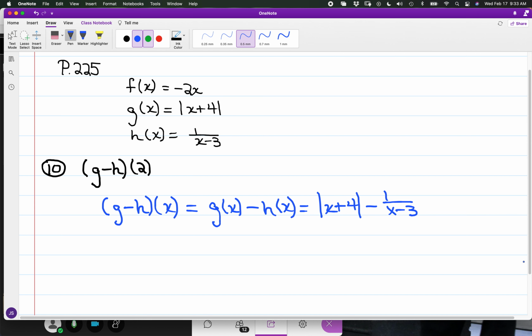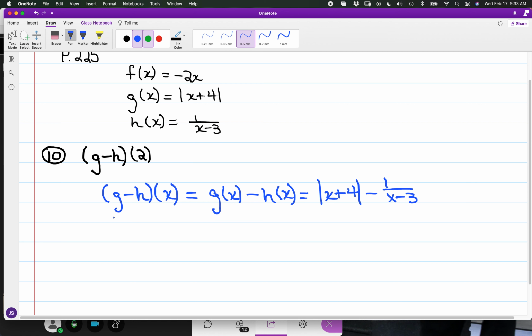So we have the formula sort of laid out, and in the case of where x is going to be at 2,